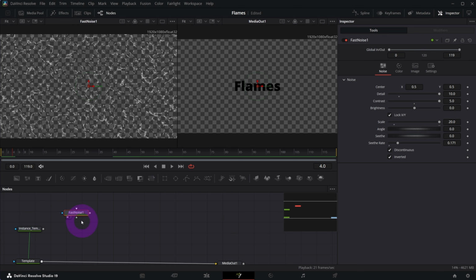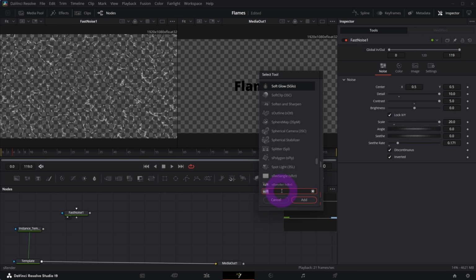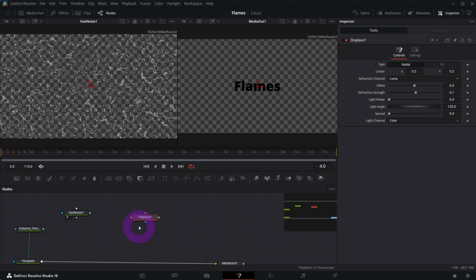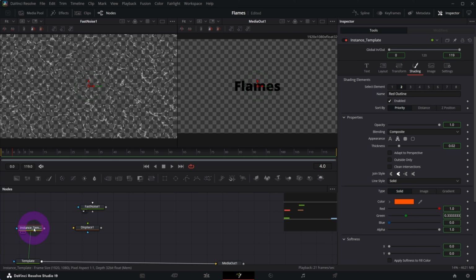And right now what I'm gonna do is click somewhere on the nodes panel, and to open selection tool, just tap shift space, search for displace node and add. And right now what you need to do is connect your copy of your text, which is our outline. Right now I'm previewing it on the right,